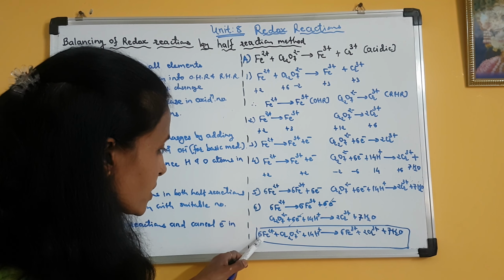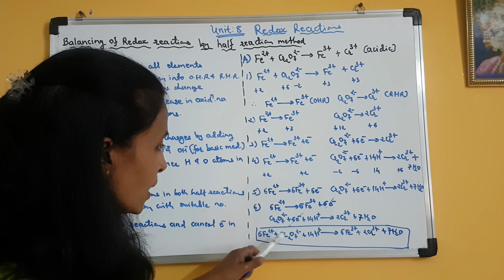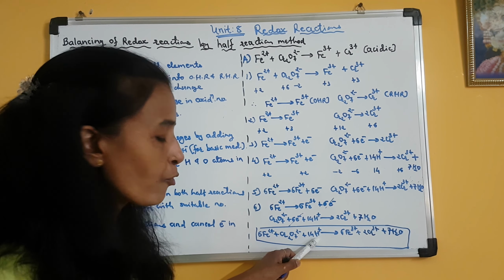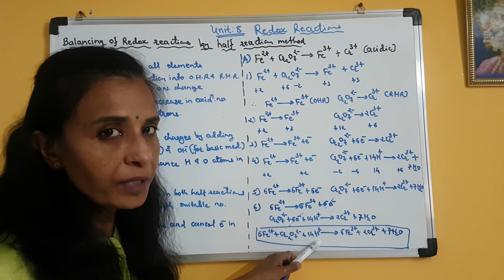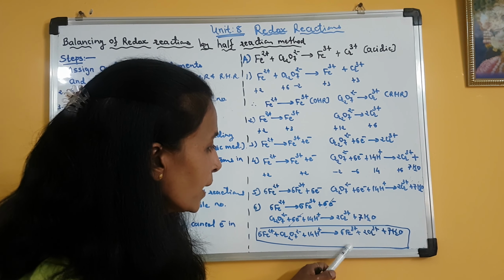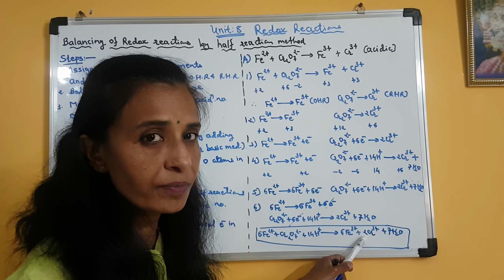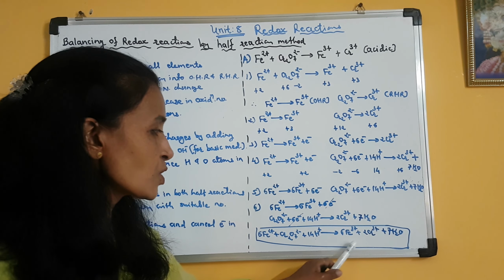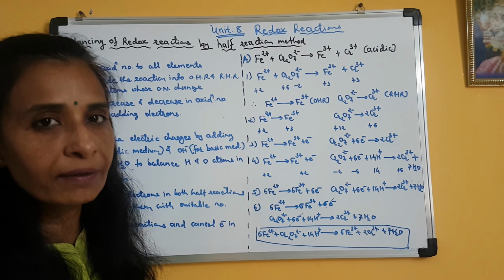Plus 12, 6 2s are 12, plus 12 minus 2 means plus 10. Plus 10 plus 14 means plus 24. Thus the charge on the reactant side is plus 24. Here it is 6 3s are 18, 18 plus 3 2s are 6, so 18 plus 6 means 24. So on both the sides plus 24 is the electric charge.